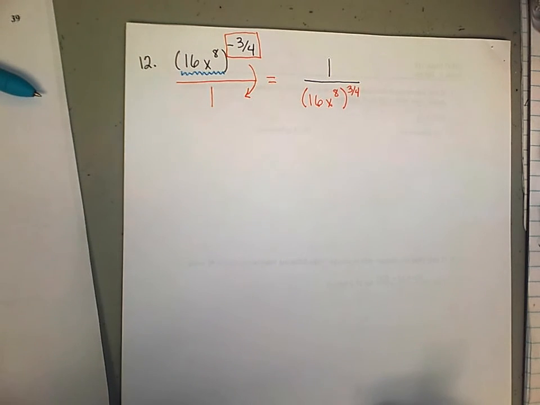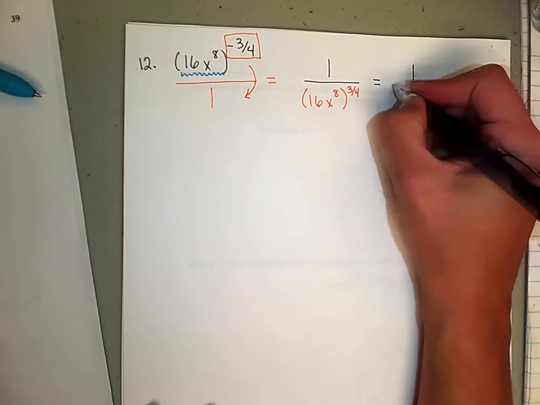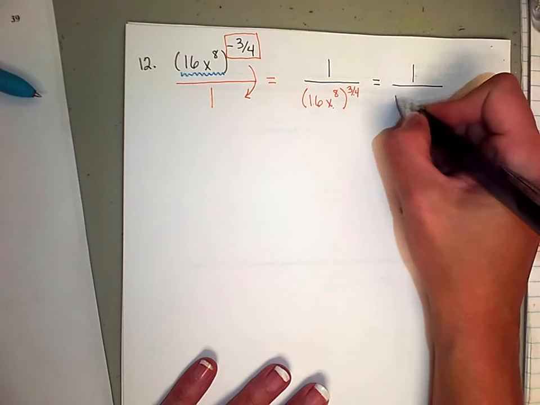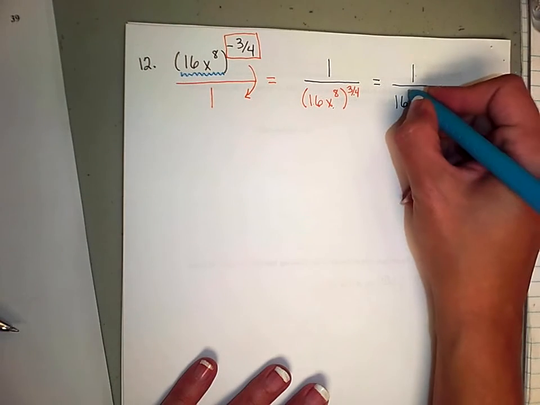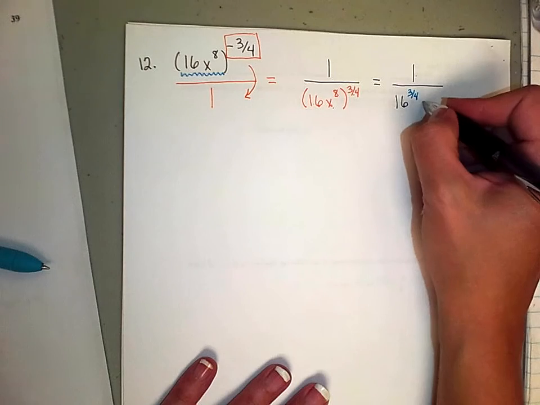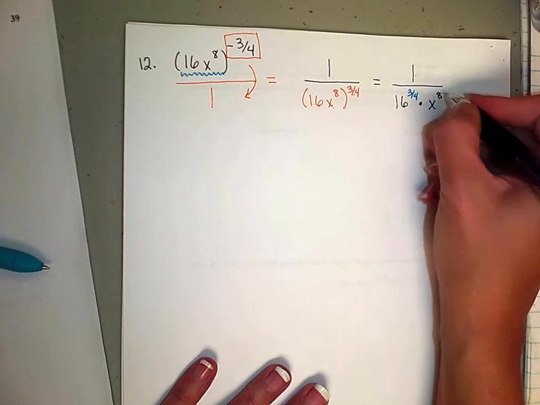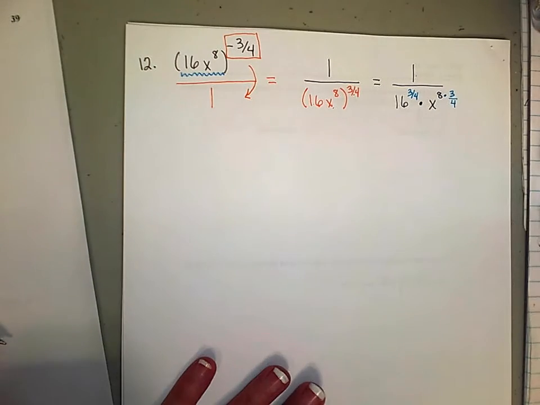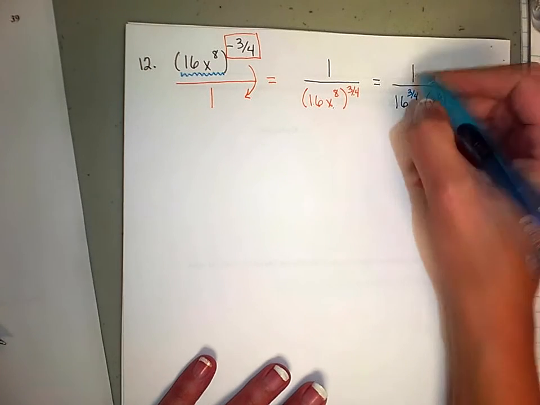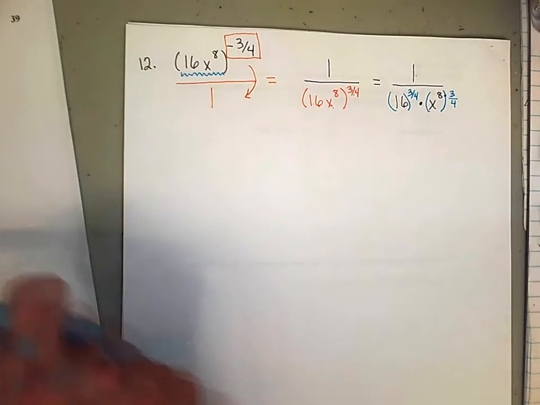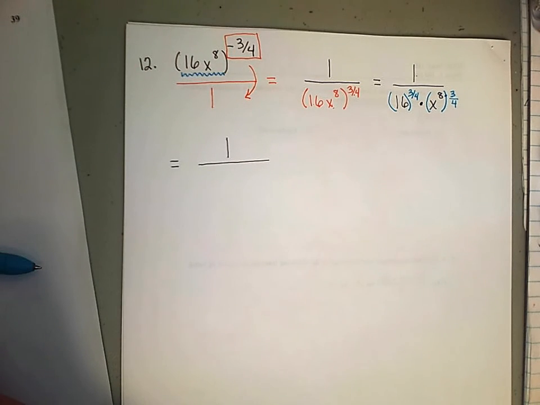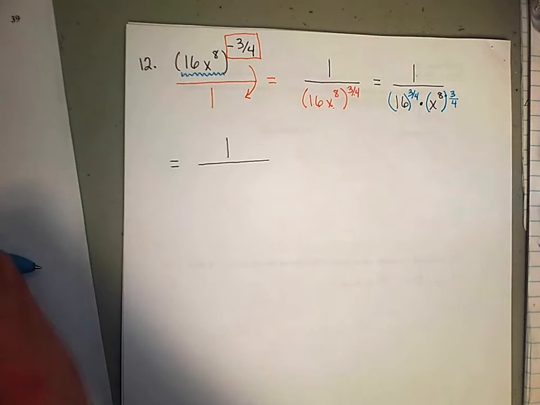And now we have a couple of options. Okay, here we have a product that's being raised to a power. So that's the same thing as taking the first factor to the 3/4 power and multiplying it by the second factor raised to the 3/4 power. So it might be easier to see it like this. Which is equal to 1 over, from here,